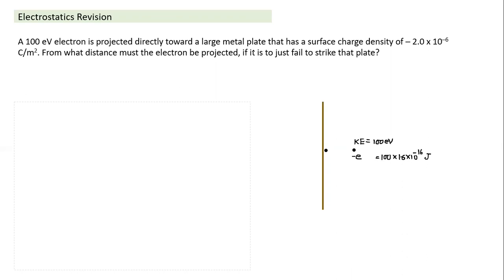It is directed towards a large metal plate which has a surface charge density. Now a metal plate is given here, and when you talk about surface charge density, on one side the surface charge density is given as sigma here. From what distance must the electron be projected so that it just fails to strike the plate? So if we project here,